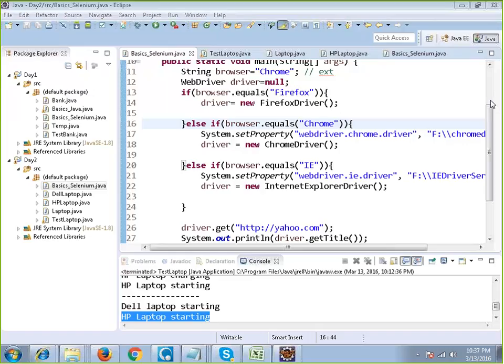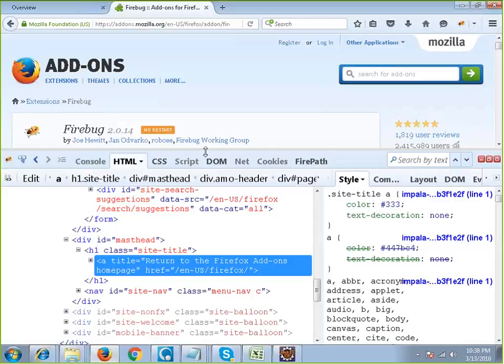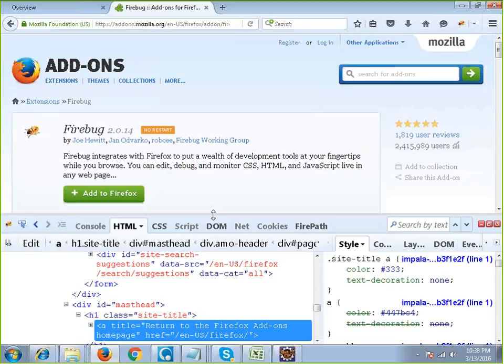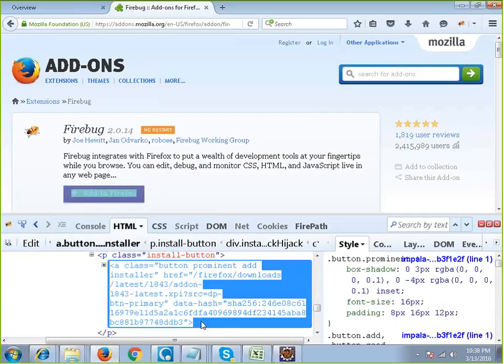All right, fine. So now over here, you had ways of identifying the objects. Okay, the way you identify in Firefox and the way you identify it in Chrome, and I just told you, fine. But you identify it in one particular browser, the source code would remain the same across all the browsers, right? Okay, so now